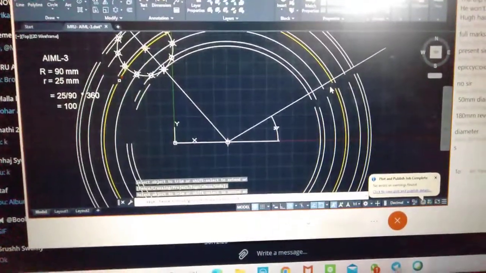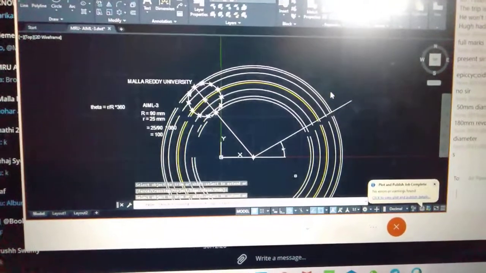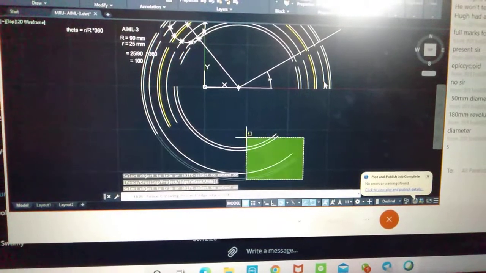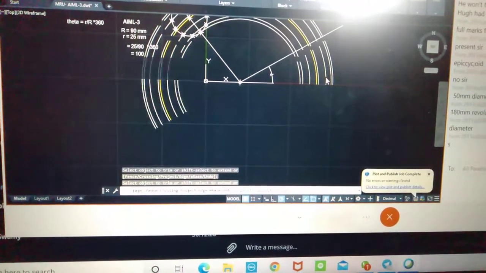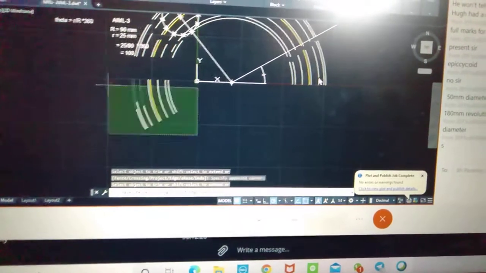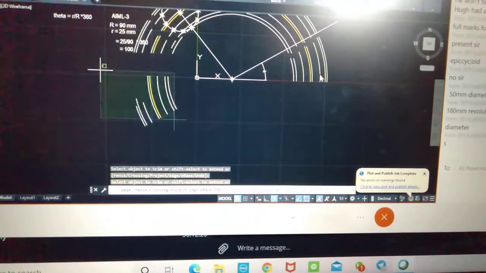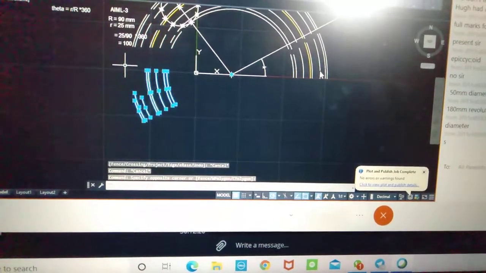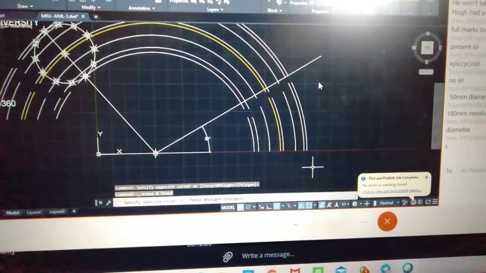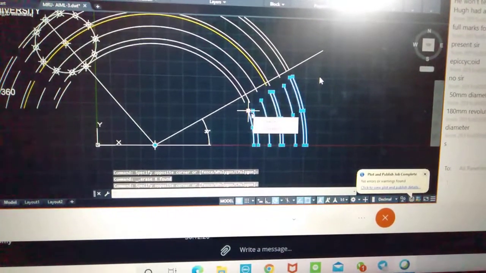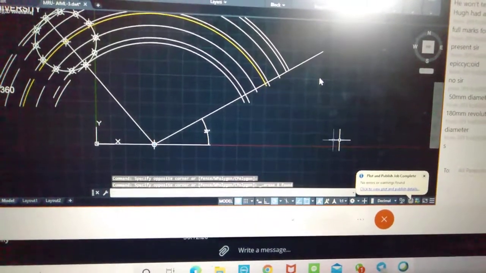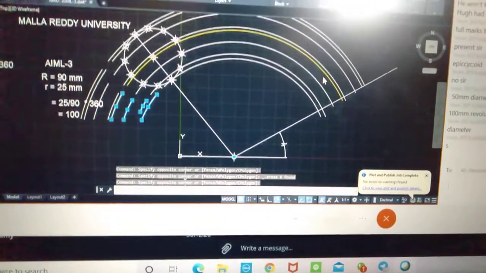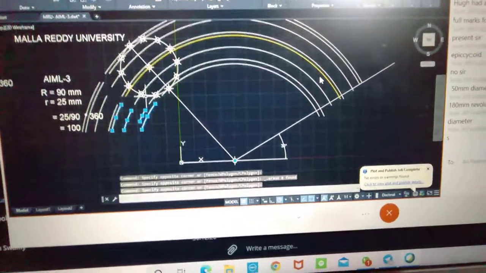Now once it is available, it is compulsory to remove this one.